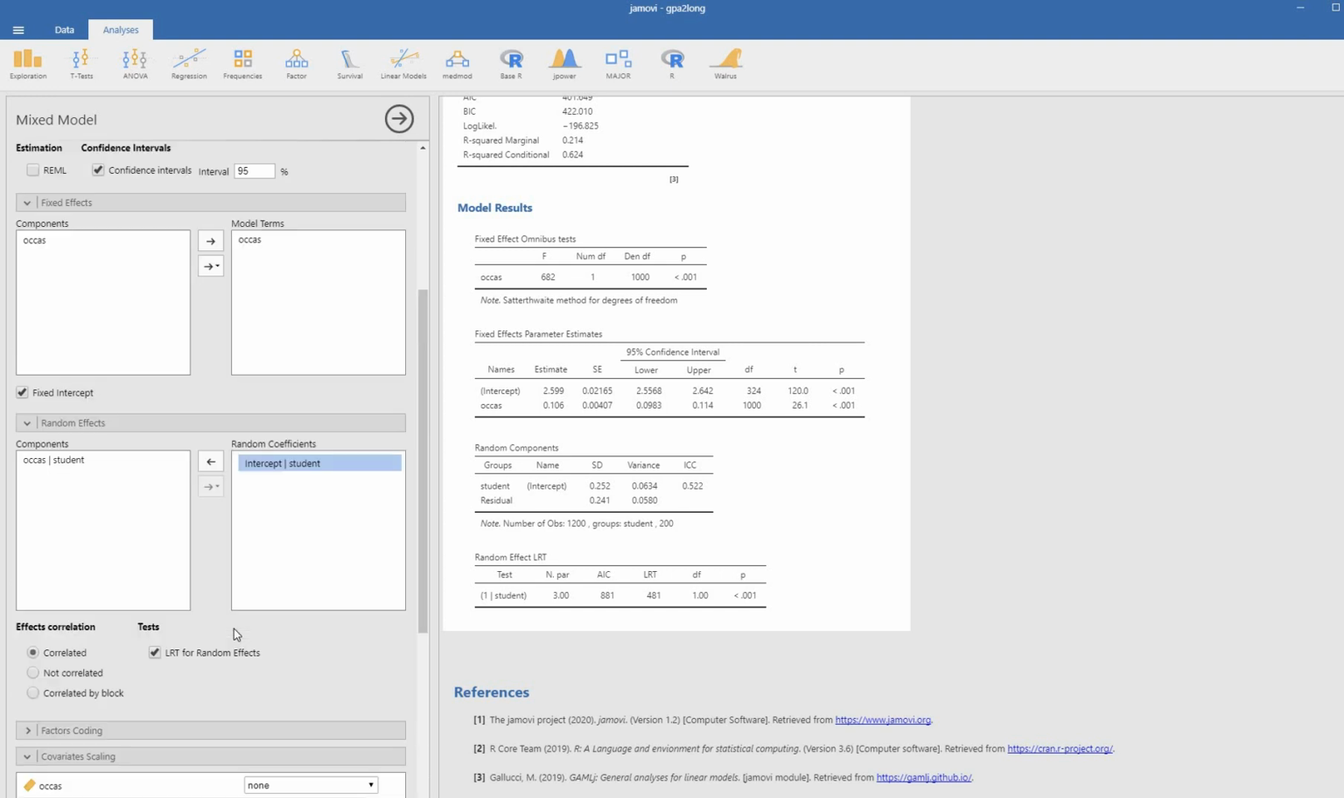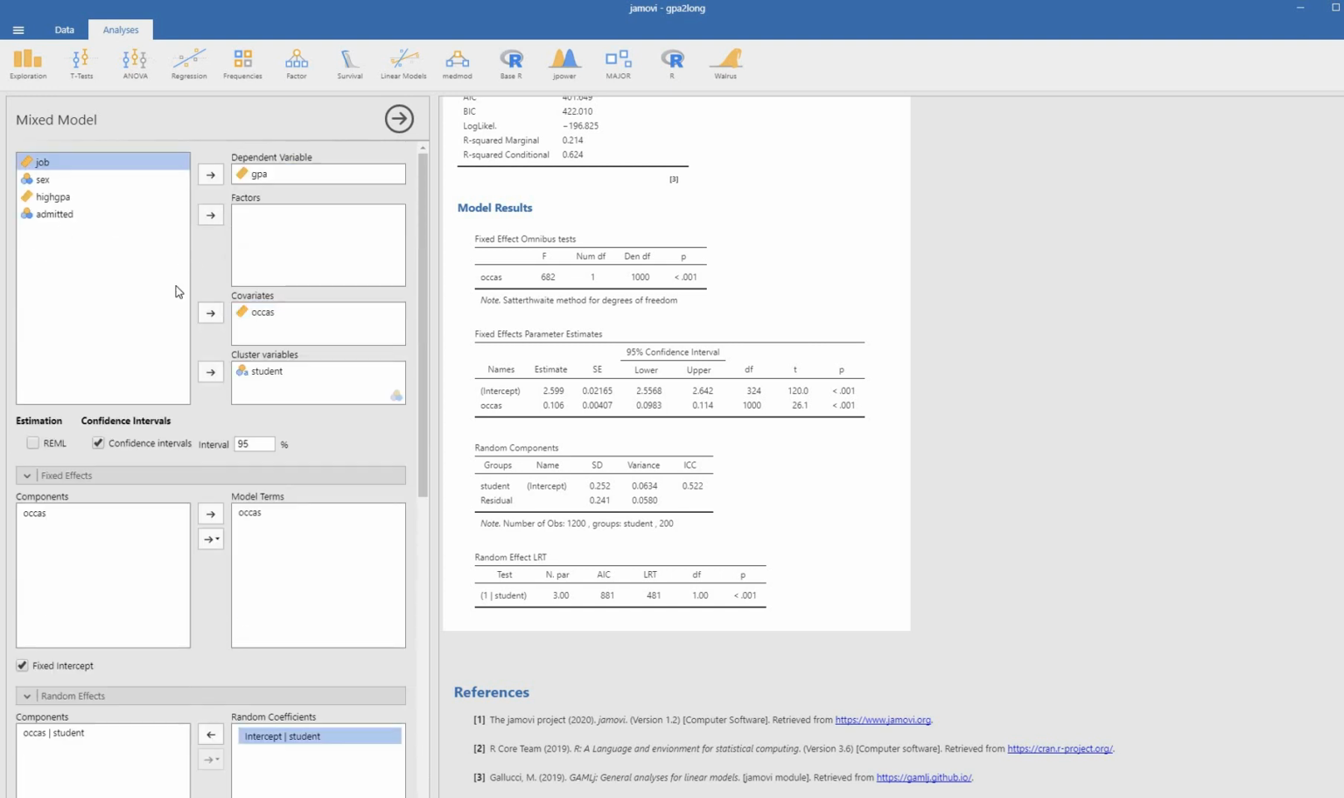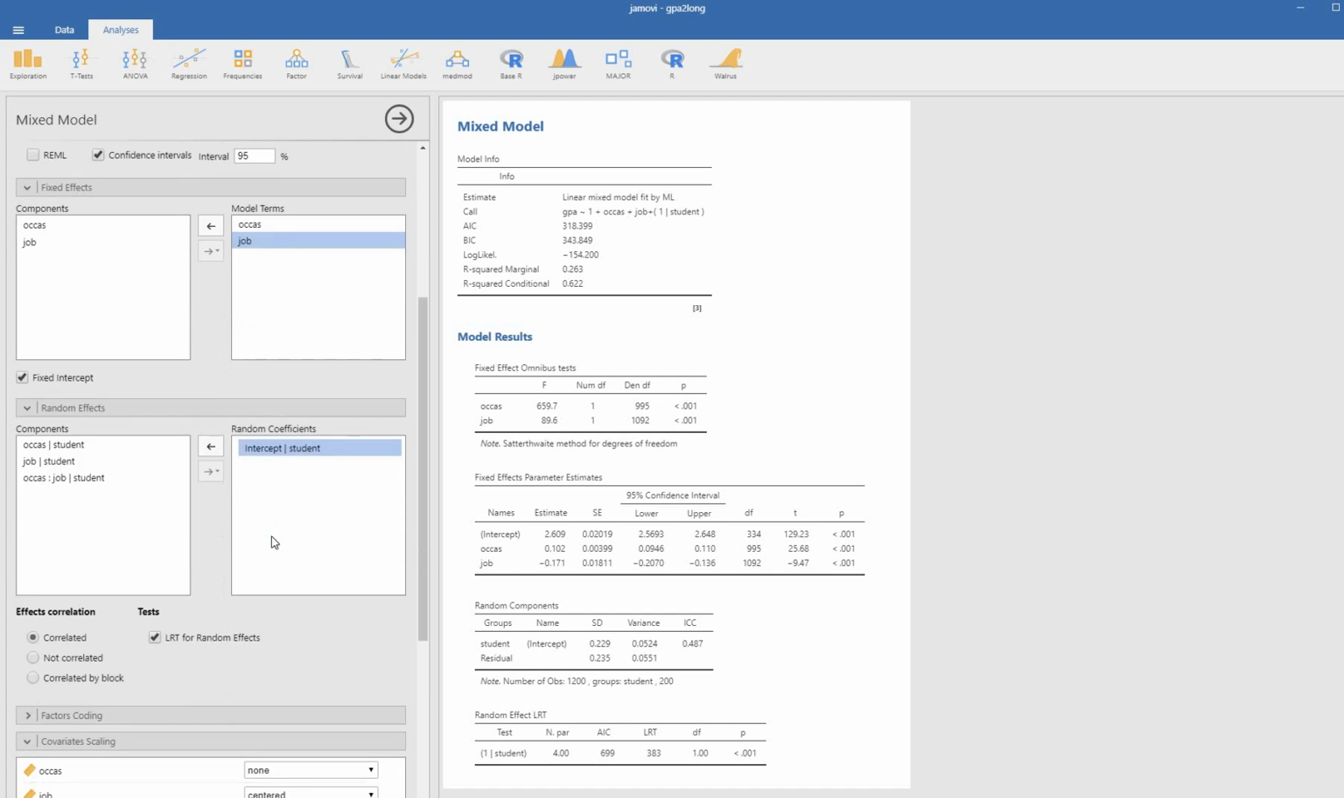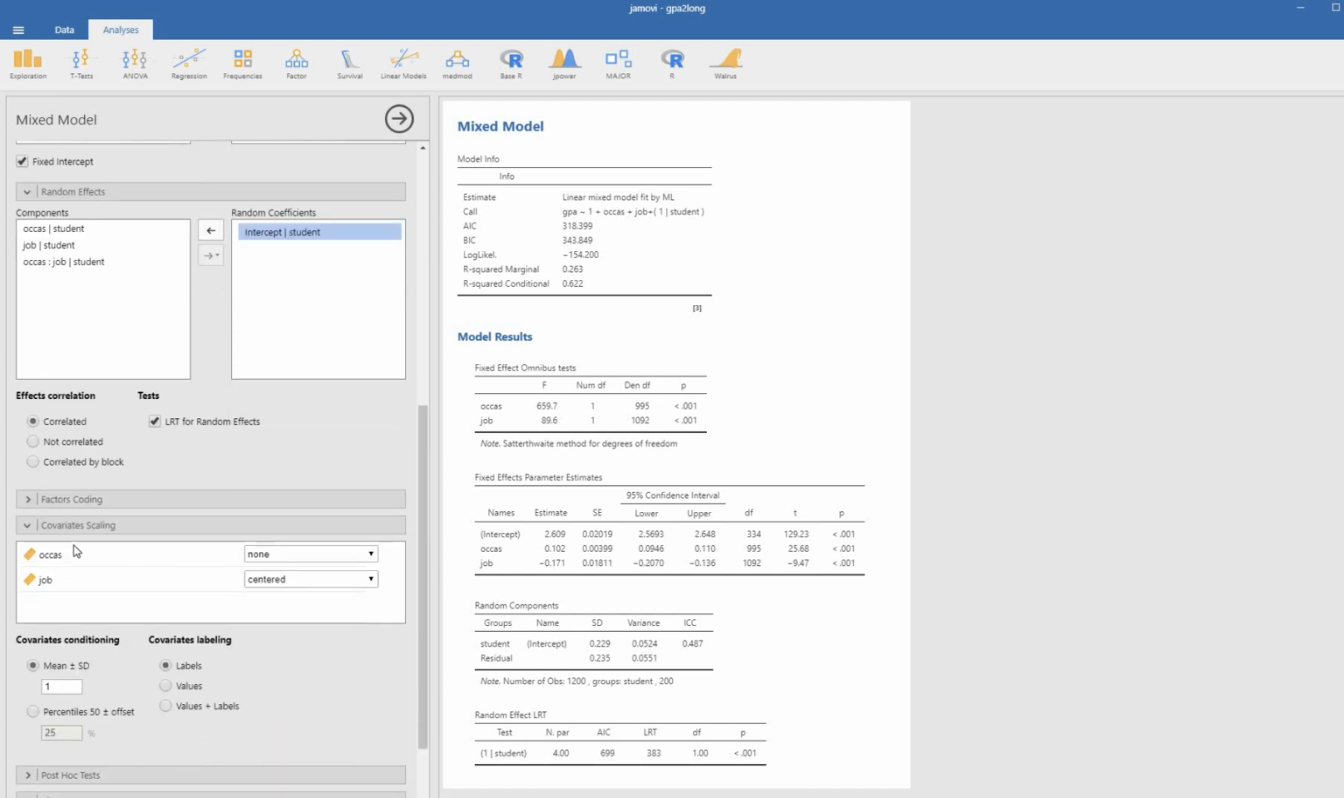So going back into Jamovi, I'm going to go up here and click on Job and move it to the covariates box. And so you can see that as we're adding in the predictors, the covariates, under model terms, under fixed effects, they're showing up. Now, as I said before, by default, Jamovi adds in the covariates, or the predictors, as centered. So I'm going to click down here and go to none in order to remain consistent with the presentation in